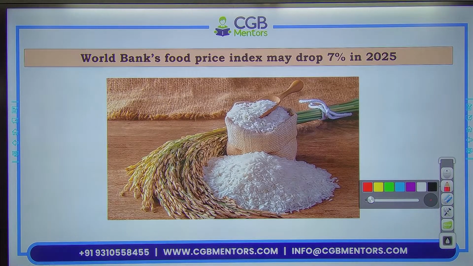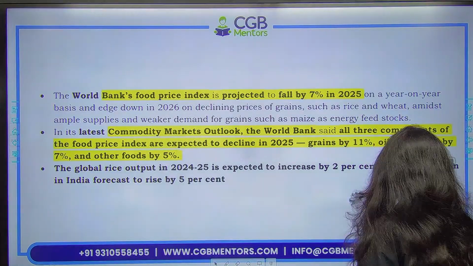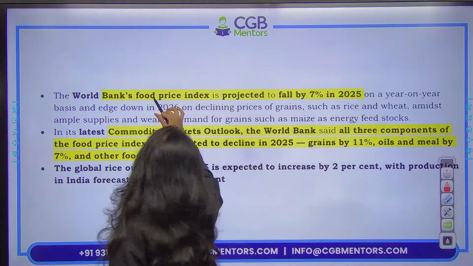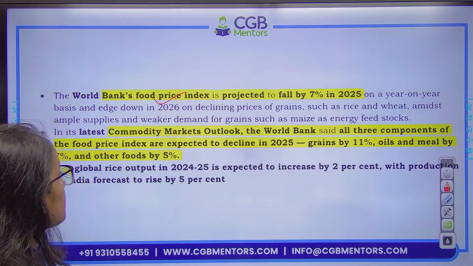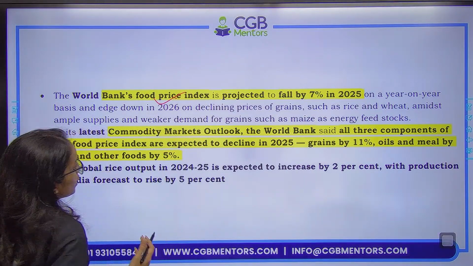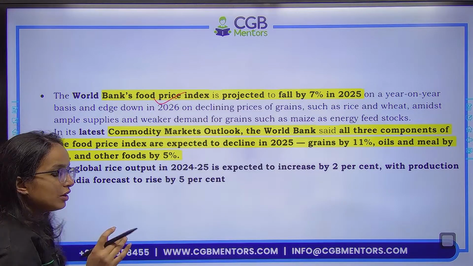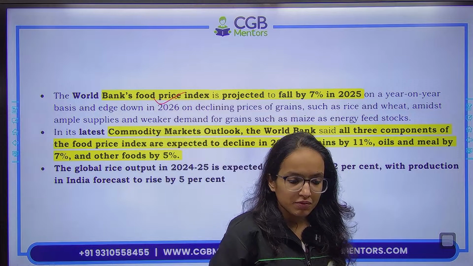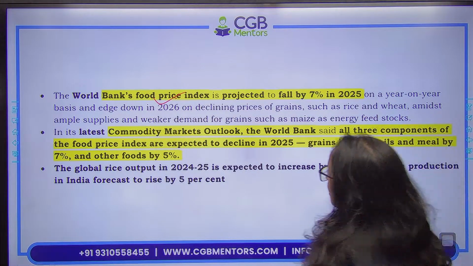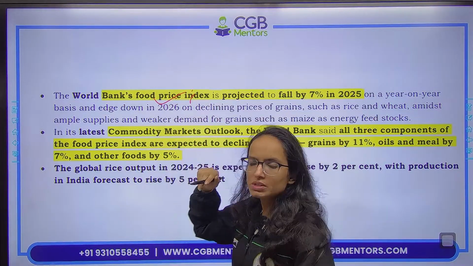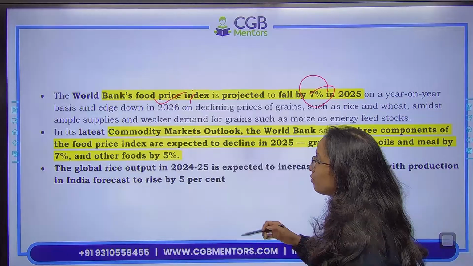Next news says World Bank's food price index may drop 7% in 2025. वर्ल्ड बैंक का जो आपका फूड प्राइस इंडेक्स है, it is projected to fall by 7% in 2025 on a year-on-year basis, okay, because of declining prices of grains like rice, wheat, etc. तो ये जो आपकी फूड ग्रेन्स है like rice and wheat, इनका global prices you see has been on a declining trend. That's why it is expected कि वर्ल्ड बैंक का जो फूड प्राइस इंडेक्स है, it may fall by 7% in 2025, and in its latest commodity markets outlook